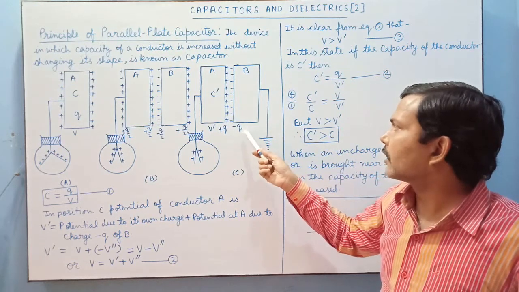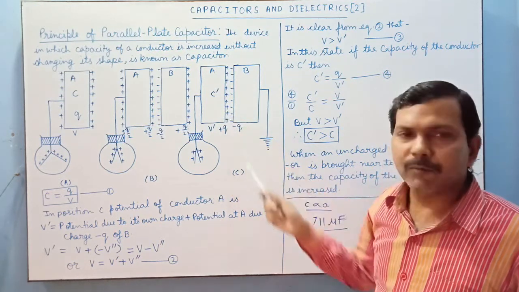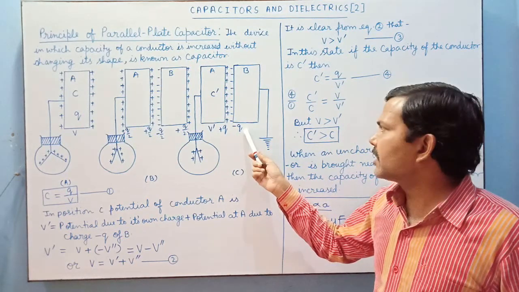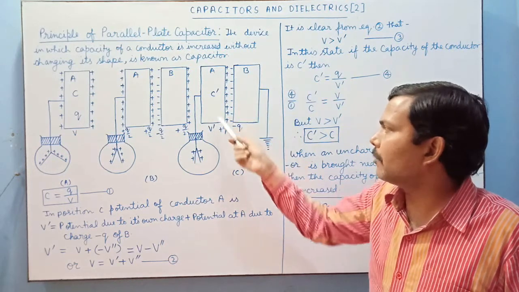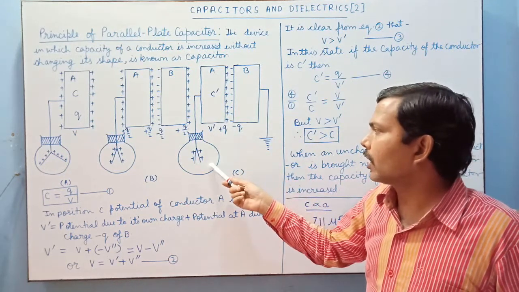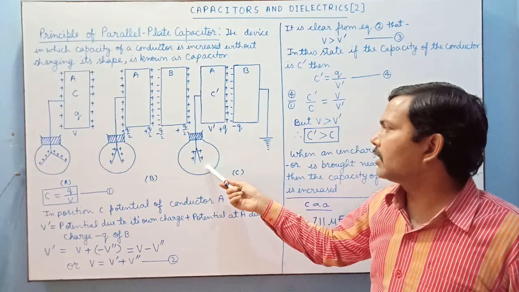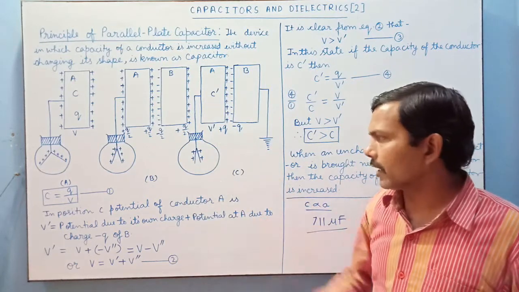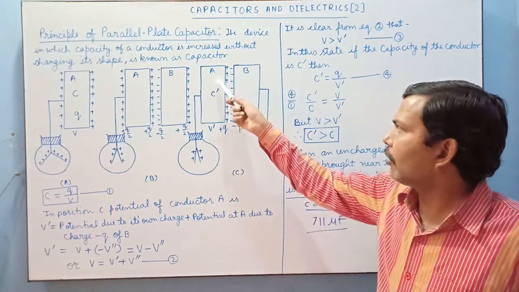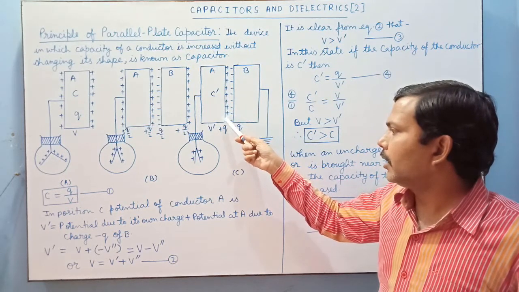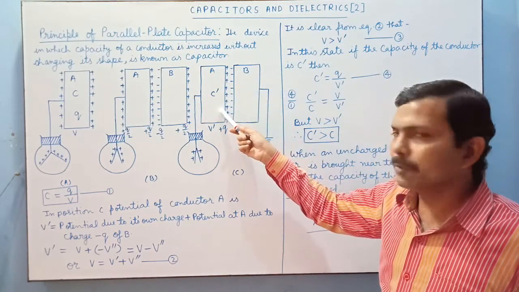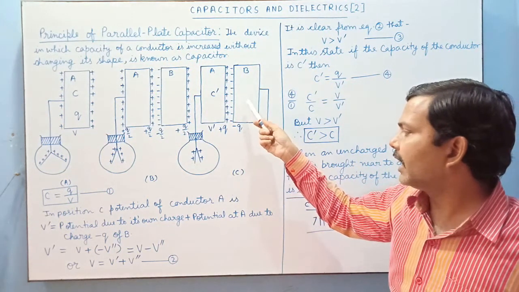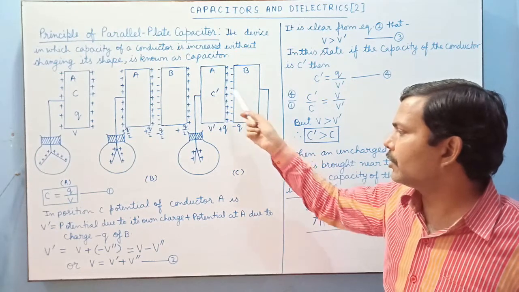So in this case, the charge is on the inner surfaces of the plates and is equal to plus Q and minus Q. In this case, the potential of the system reduces a little more in comparison to case B, and let this potential be V dash. Now we can calculate this potential V dash from here. So in position C, the potential of conductor A will be the potential due to its own charge, meaning the potential due to the charge of conductor A, plus the potential at A due to charge minus Q of B.